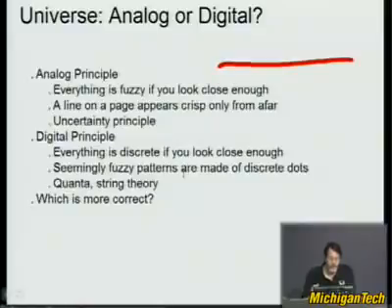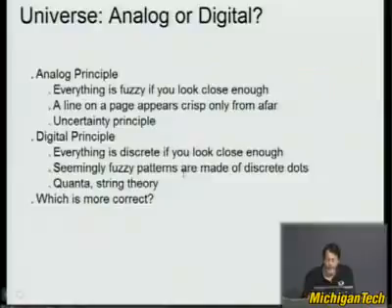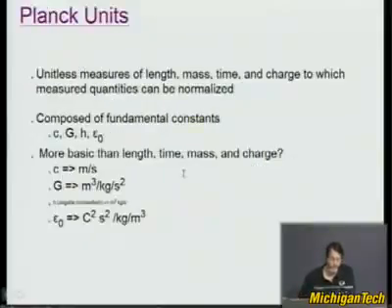Things could be digital if they're made up of discrete things like quanta. Like there's quanta of photons. A photon has a certain amount of energy. In string theory, there's a certain string that's doing a certain thing. So maybe things are digital in that way. Which is more correct? I don't know. It's one of the things I ponder. Even the physical universe isn't clearly analog or digital to me at this time.